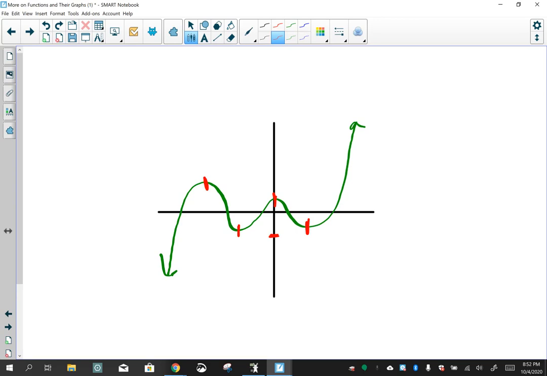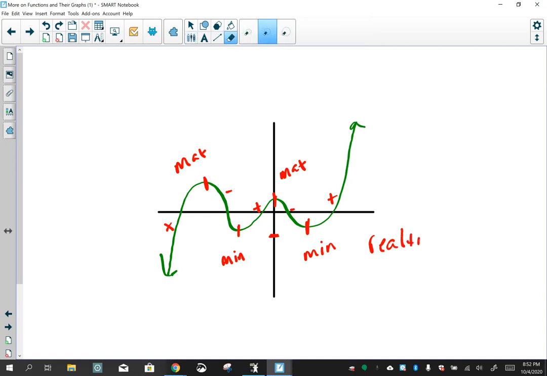So if I'm looking at this, I'm going to be increasing from here, decreasing here, increasing here, decreasing here, and increasing here. So we know that here is a max, here is a min, here is a max, here is a min. Now, the key is these two minimums are supposed to be the same y value. I'm not an artist, but these two are supposed to be the same y value. So these two here we call a relative